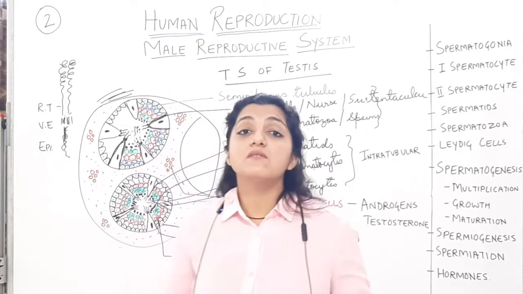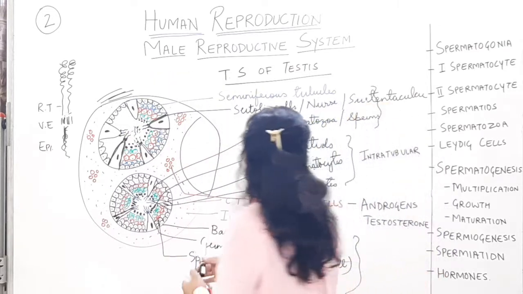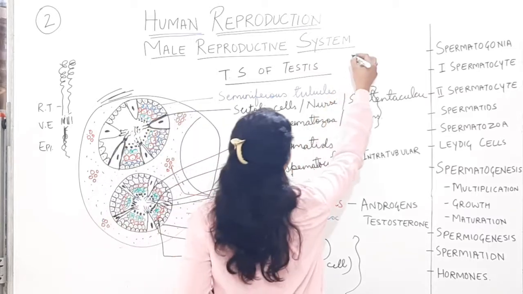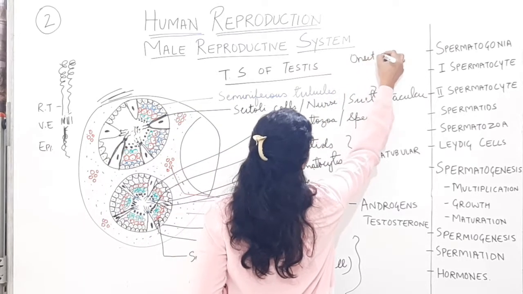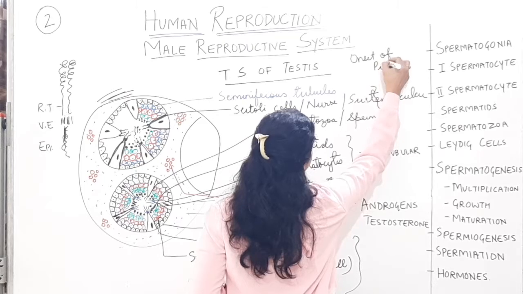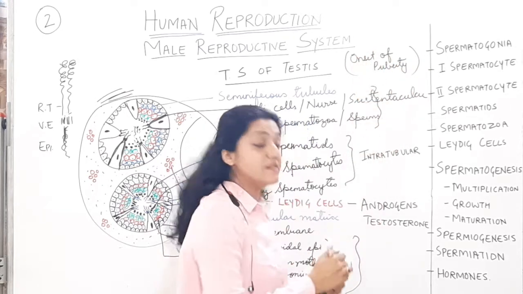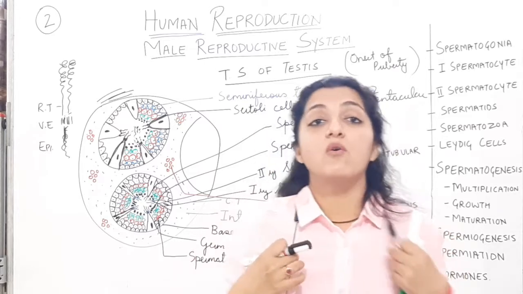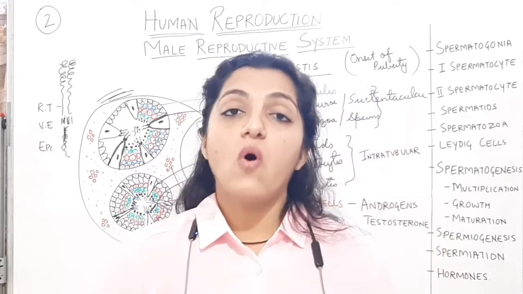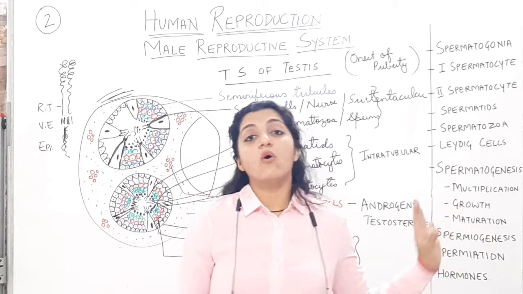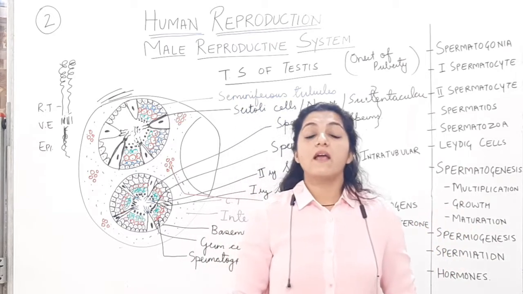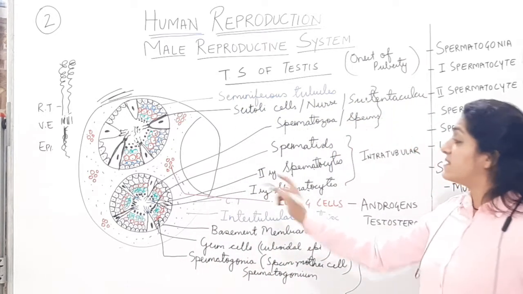Okay, all this is going to happen at the onset of puberty. At the onset of puberty, the male can start making sperms, and we have seen the different secondary sexual characters that will also develop because of this testosterone. So all this is going to happen at the onset of puberty. Alright, so you have to remember all these cells over here.